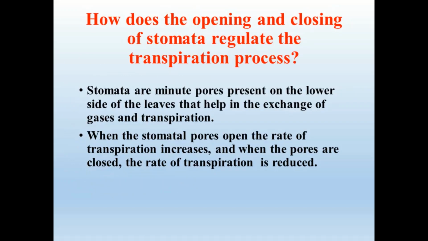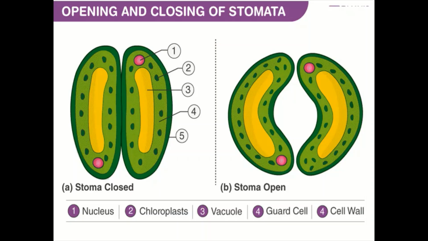How does the opening and closing of the stomata regulate the transpiration process? Stomata are minute pores present on the lower side of the leaves that help in the exchange of gases and transpiration. When the stomata pores open, the rate of transpiration increases, and when the pores are closed, the rate of transpiration is reduced. As you can see in this picture, stomata are guarded by